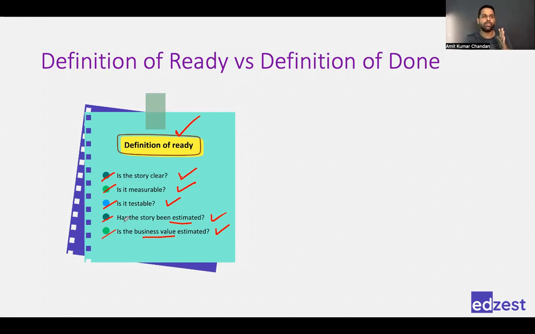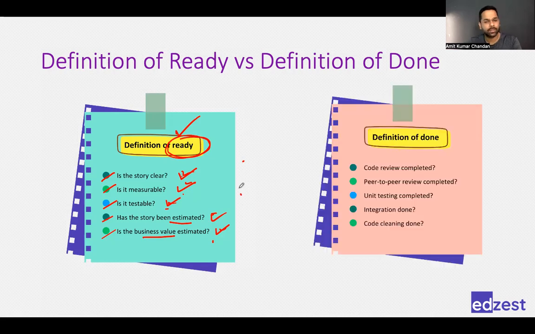So the team will create a checklist on their own. And they would say that before starting any activity by anyone, every user story should meet all these points. Only then we will start the development of it. So only when the user story meets all these points can we say that the user story is ready to be developed. Right? And the difference from definition of done is